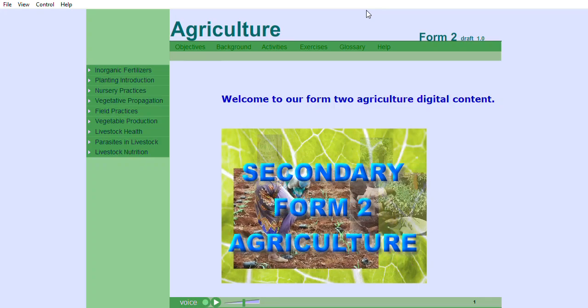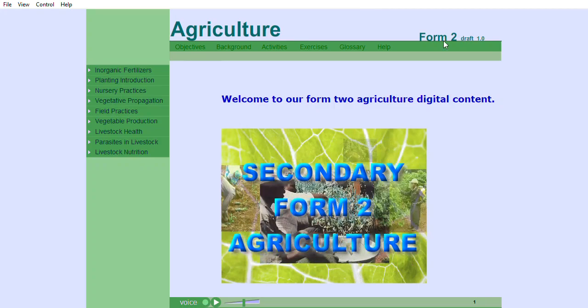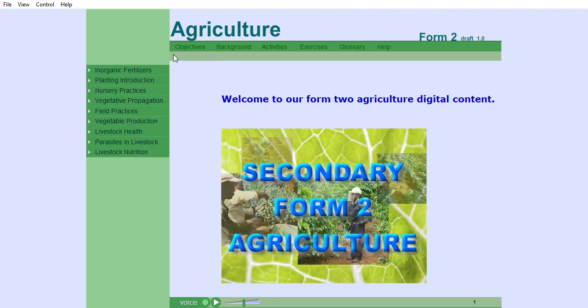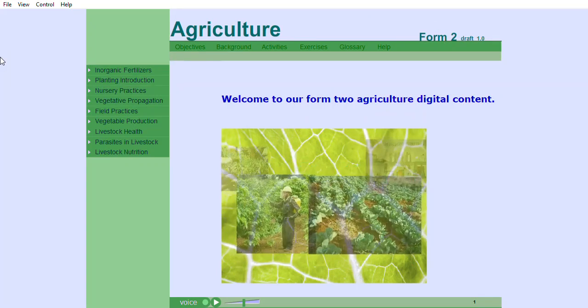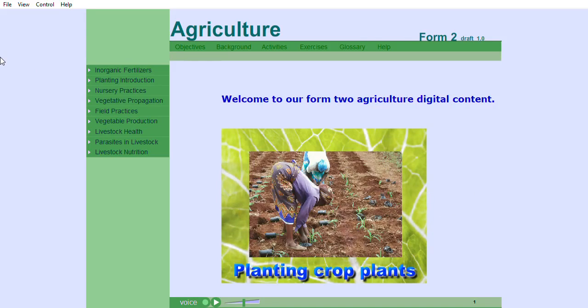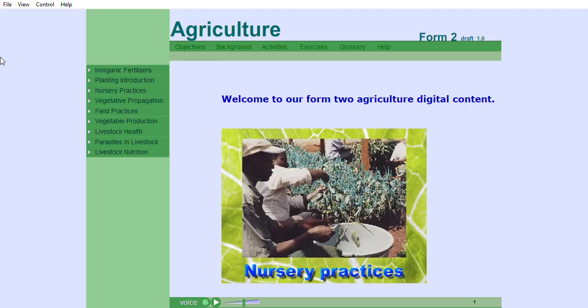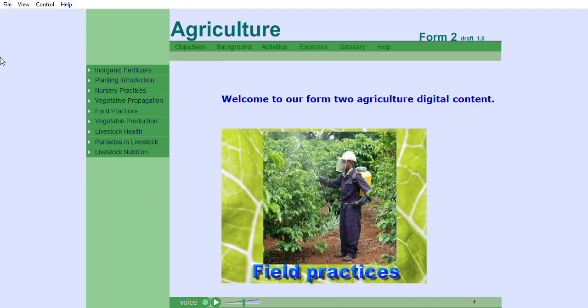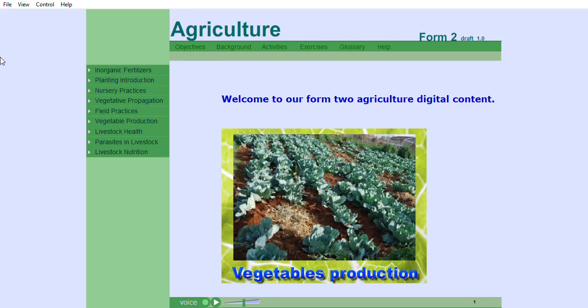introduced to both crop and livestock practices. In Form 2, you will continue broadening the content scope using the following topics: inorganic fertilizers, planting crop plants, nursery practices, field practices,